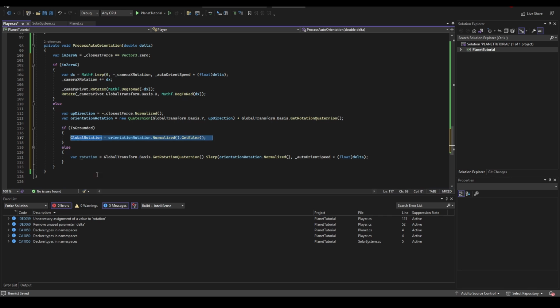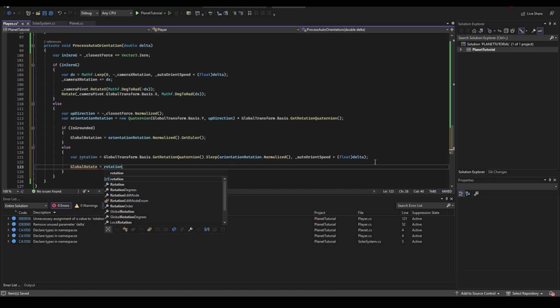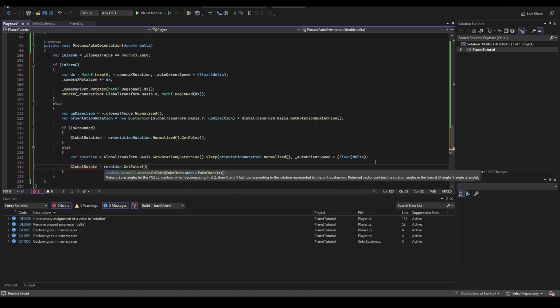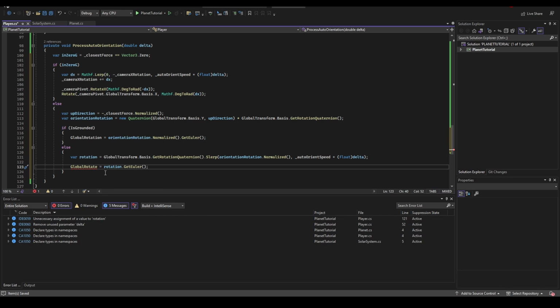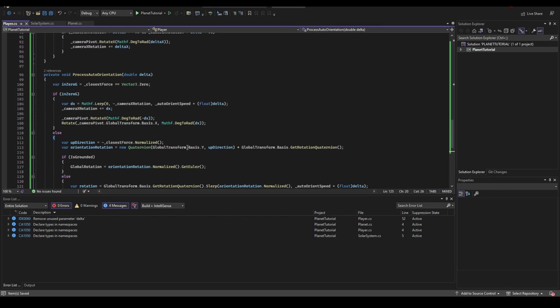So whereas here we directly set it to the desired value, here we're smoothly approaching that desired value, and then we are going to set our global rotation equal to that quaternion, and once again we have to get its Euler angles. Whoops, not global rotate, global rotation. Okay,